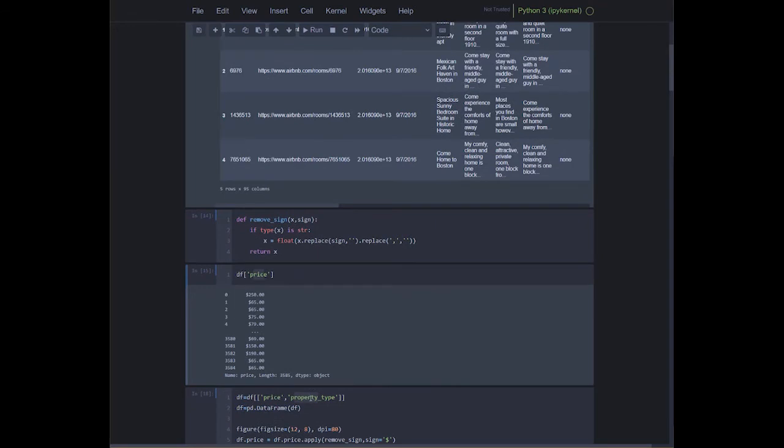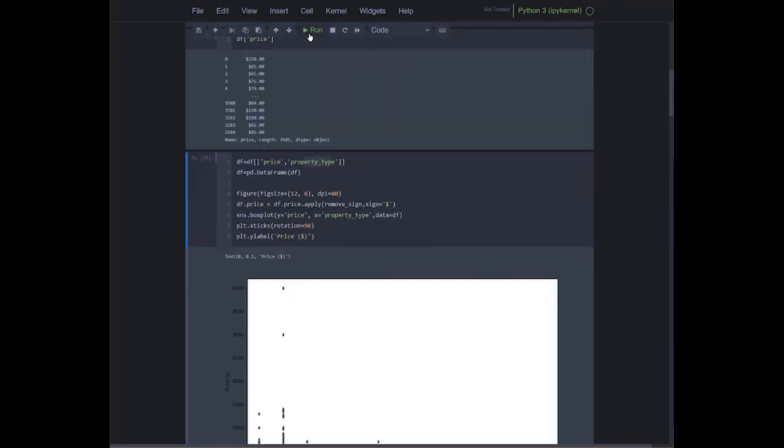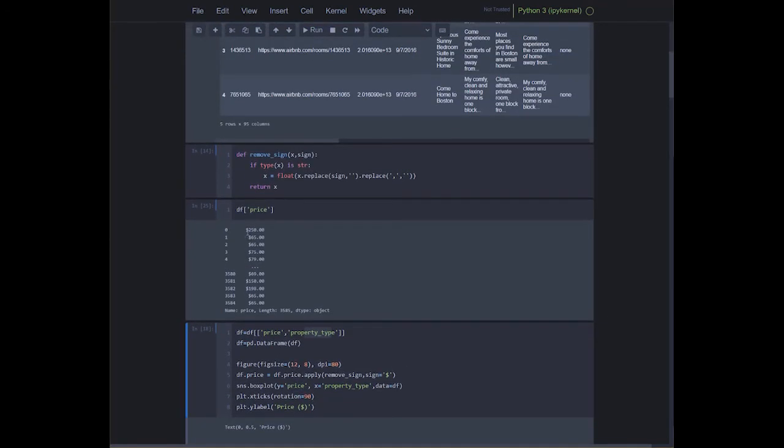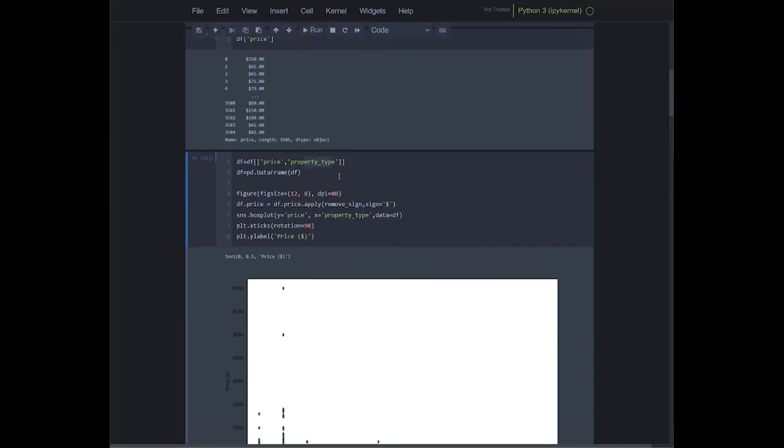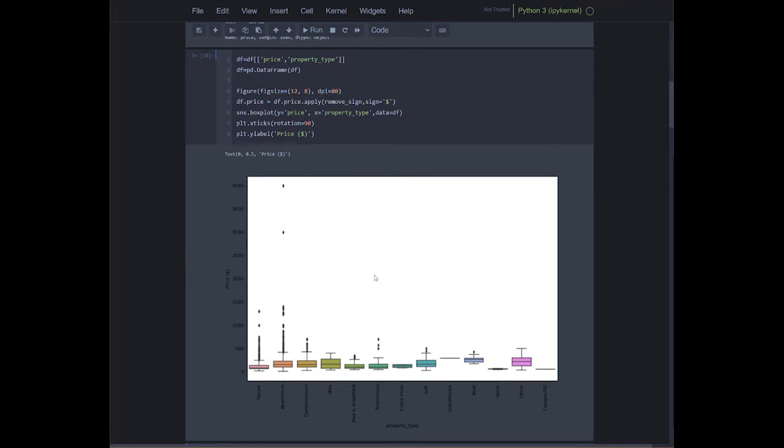We will take the price column from this dataset and plot it against the property type and see if there is any outlier or not. If we run this price, we see that it has a dollar sign over here, so I have declared a function to remove that dollar sign. Let's run this one, and let's use Seaborn to plot the price against the property types from our sample dataset. Let's run this one, and you can see the box plots for price